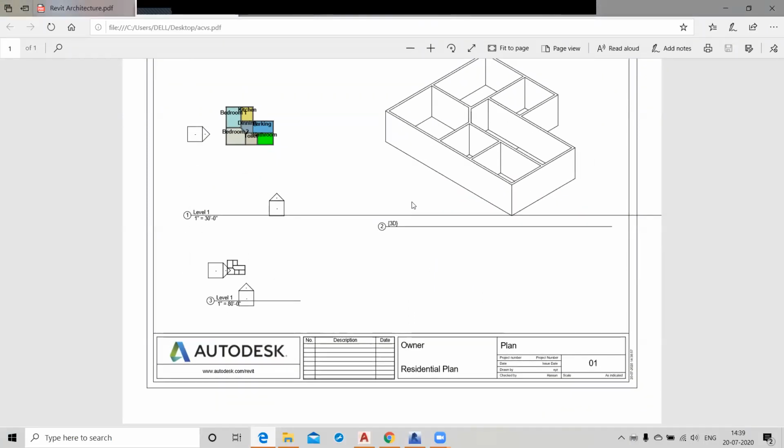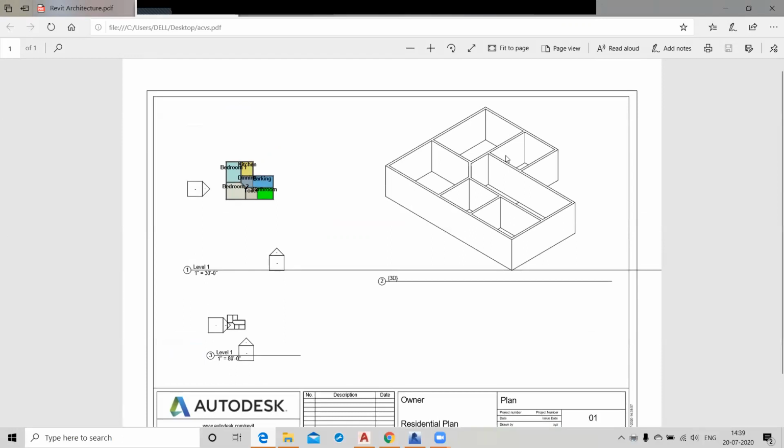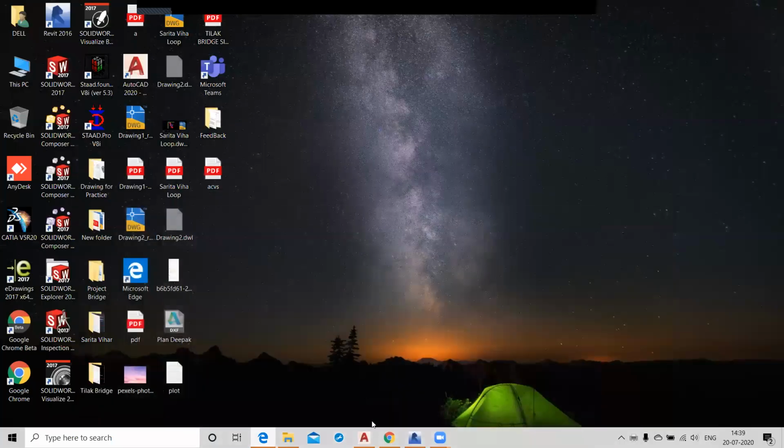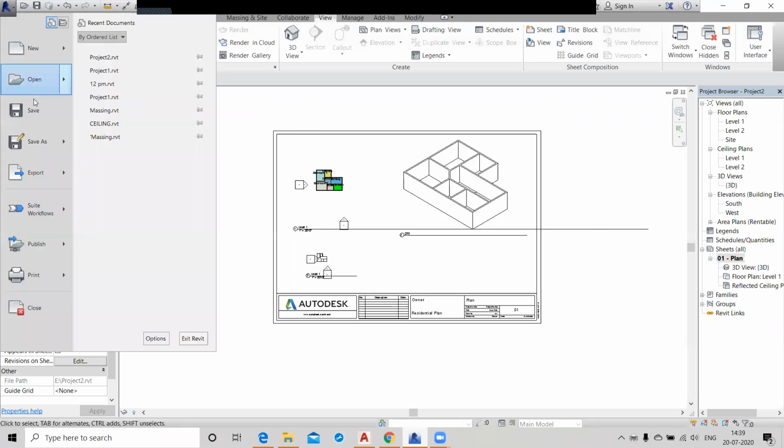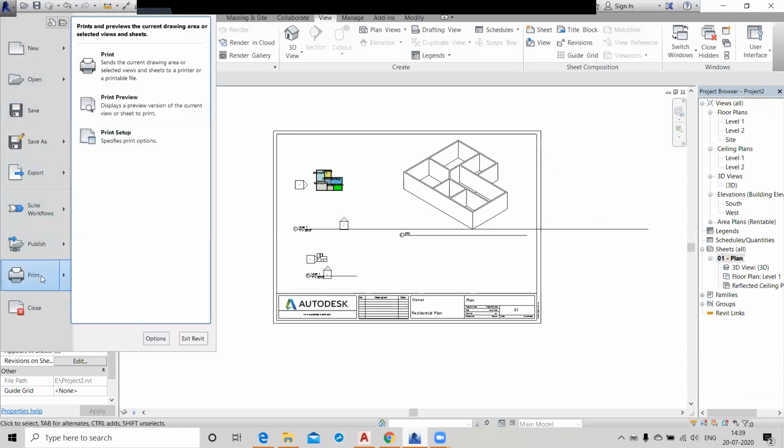Hassan, can you do it again? Yes. You just open this view sheet. You insert the sheet and place your views. Now go here and press Control P, the printout view.